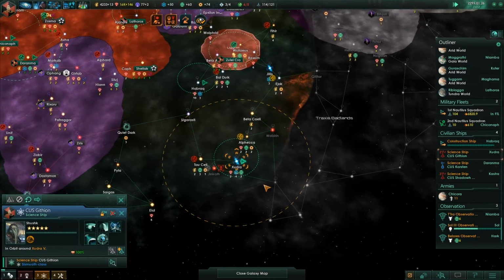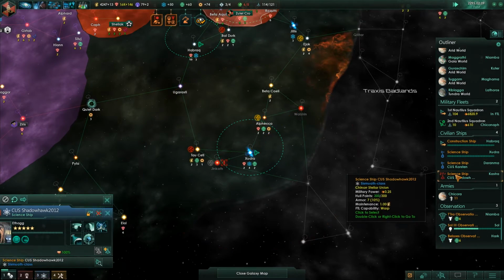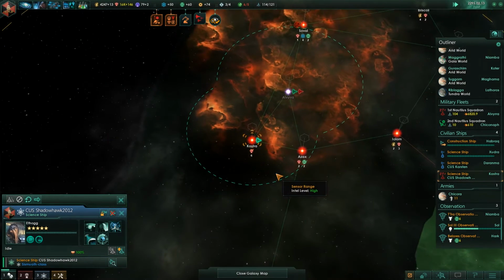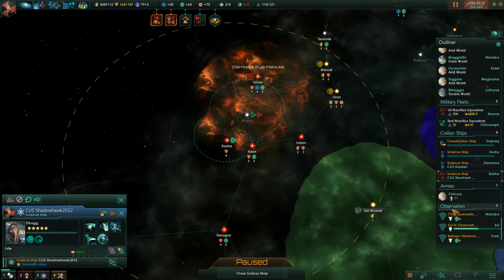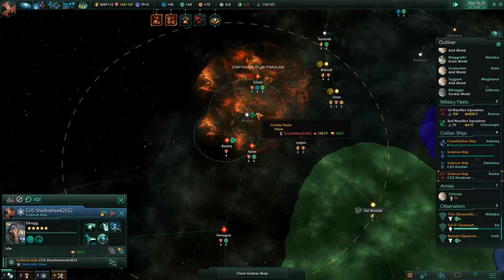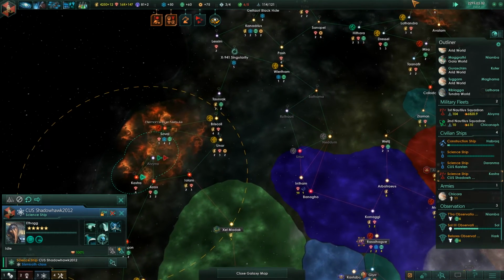What have we got here? The Githian, you are down there. Let's go ahead and survey the rest of these worlds. We'll have to, again, ignore the space nasties. We've got the Shadowhawk up here. Our fleet is engaging, so that's fine. Once you've cleared those nasties out, I'll send you back down to deal with the ones down at the bottom. There are actually a couple of...